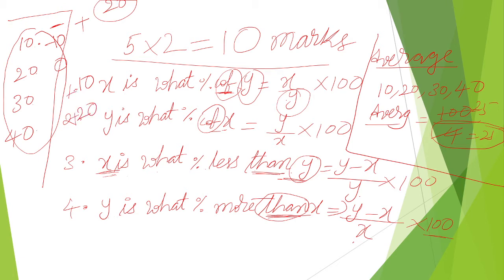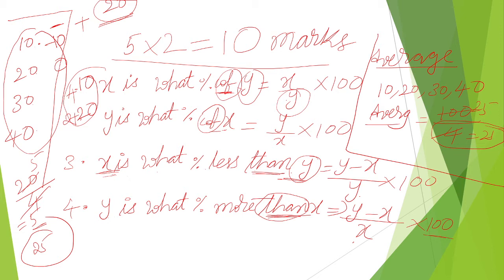That means we have to keep them on the plus side. Plus 30 minus 10 means 20. How many values are there? 1, 2, 3, 4. 4 values are there. We have to distribute these 20 among 4. 4 fives are 20. That means we already took 20 as the average, and we got an extra 5. Total 25 is the average.